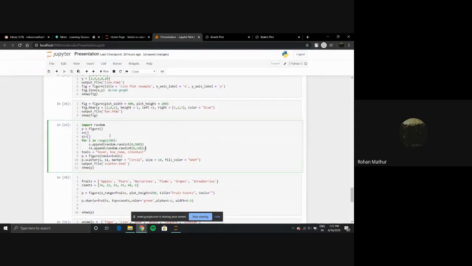Next one is a scatter plot. Here I've just used s and s1 as lists, and I'm appending some random digits so we can scatter them randomly on our graph. One more thing you must look at is lines 8 and 9. Those are the tools which I had mentioned earlier. These are the tools we're going to include in our graph, and we'll shortly see how they work when I run it. Again, I passed the parameters s and s1, marker equals circle. This is exactly how we had used matplotlib for our pointer. We had specified size, and then again color. So I'll just run this.